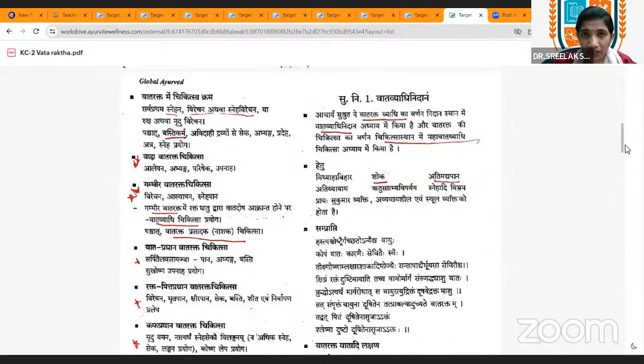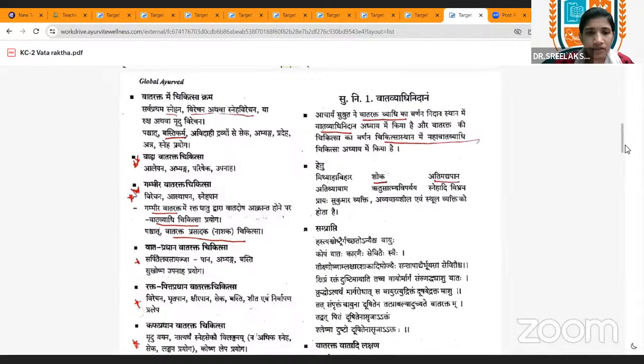And coming to the Gambhira Vadarakta Chikitsa, we can give Videjanam, Asthabanam, and Snehapan. Okay, Videjanam, Asthabanam, and Snehapan. So VAS, you can write the code as VAS. Okay, VAS can be used for Gambhira Vadarakta Chikitsa. So these 2 points are very important.